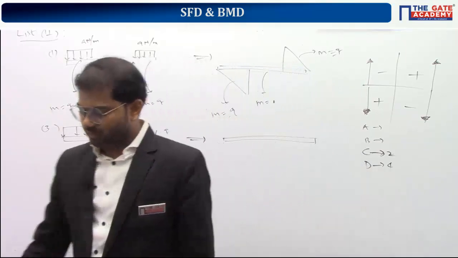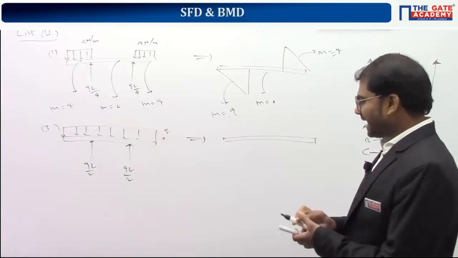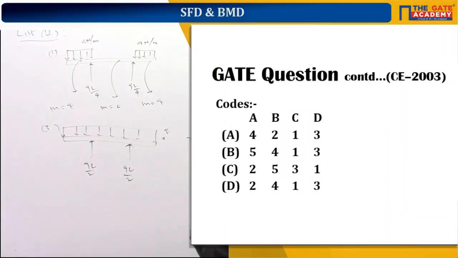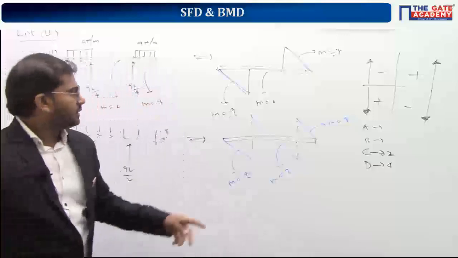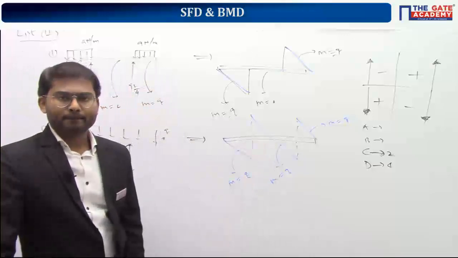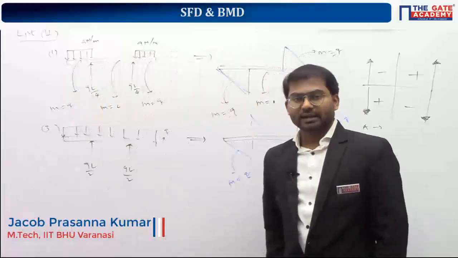So if you see option A in list number 1, the diagram is given like this. I'll put it with a different color. The diagram is given like this. The slope actually is minus Q. I can put it as Q because we are concerned about magnitude. Here also minus Q. Here also minus Q. So you see throughout the length, the same slope is there. Are you able to understand, everybody? Clear? So like this we can get the answer.